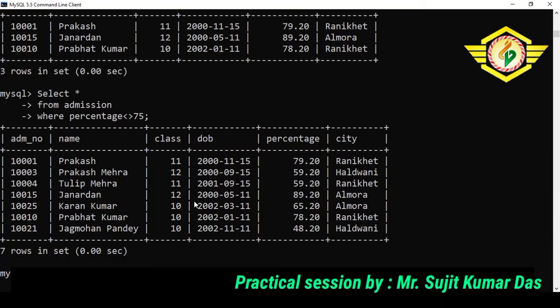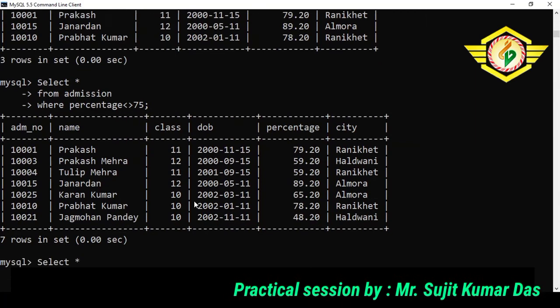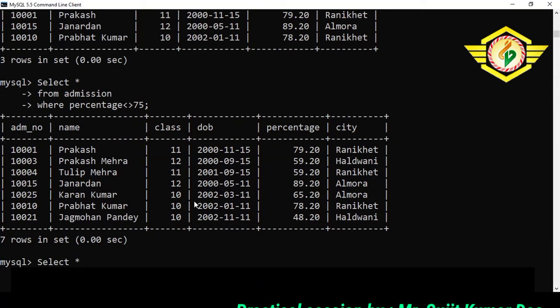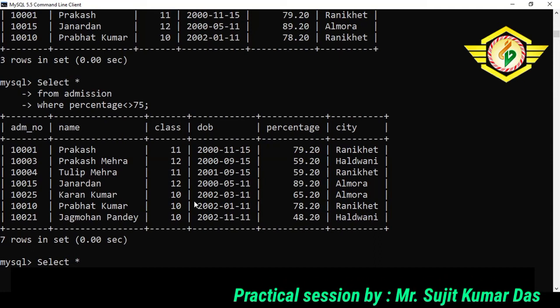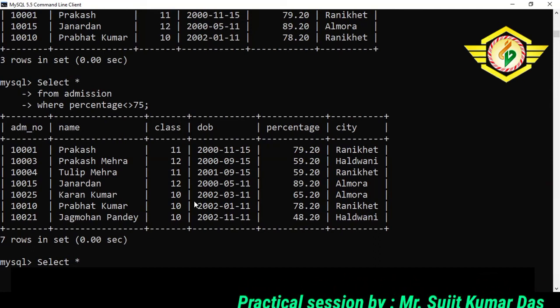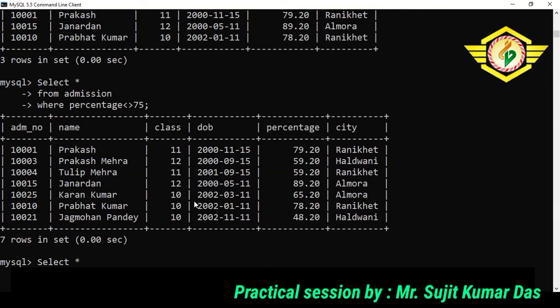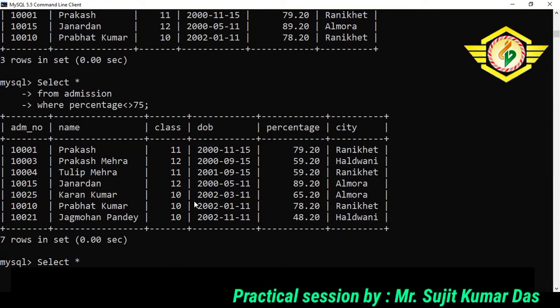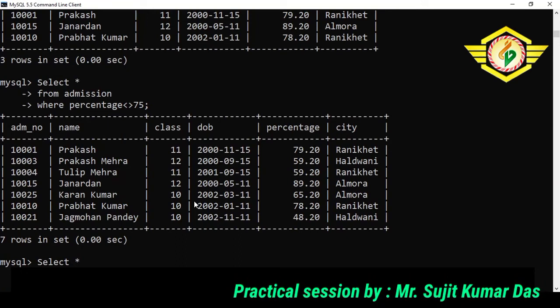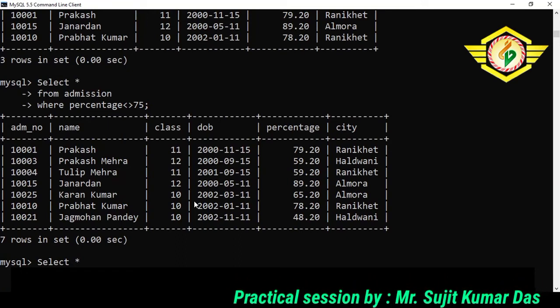Select star from admission where percentage is less than 60 and percentage is greater than or equal to 45. That will be combined through the AND operator.